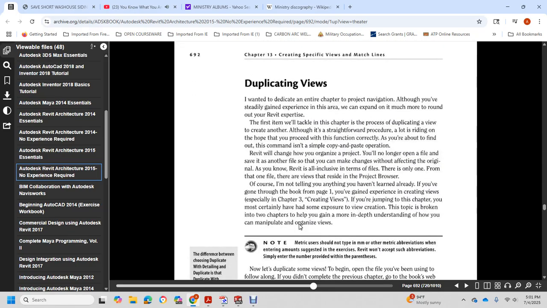Duplicating views. I have dedicated the entire chapter to the project and navigation, although you still have the game experience within this area to expand with much more. The first item we tackle is the process of duplicating a view to create another. Though it's a straightforward procedure, a lot depends on hoping to proceed with the function correctly. The command is simply a copy and paste